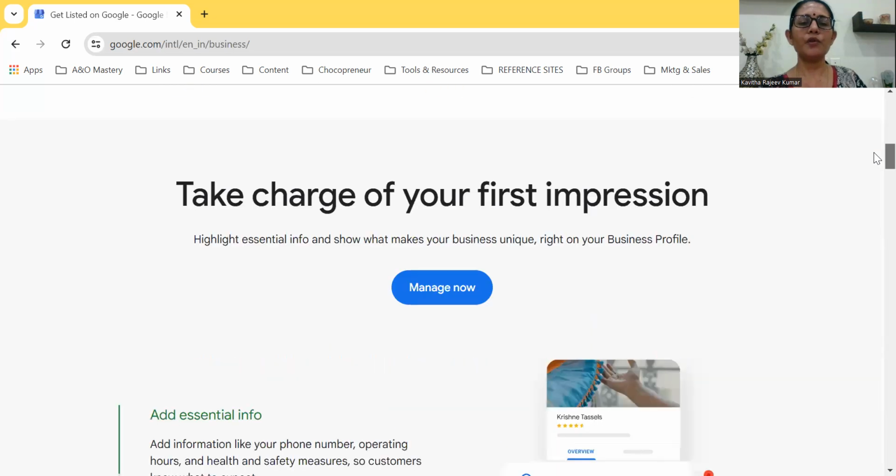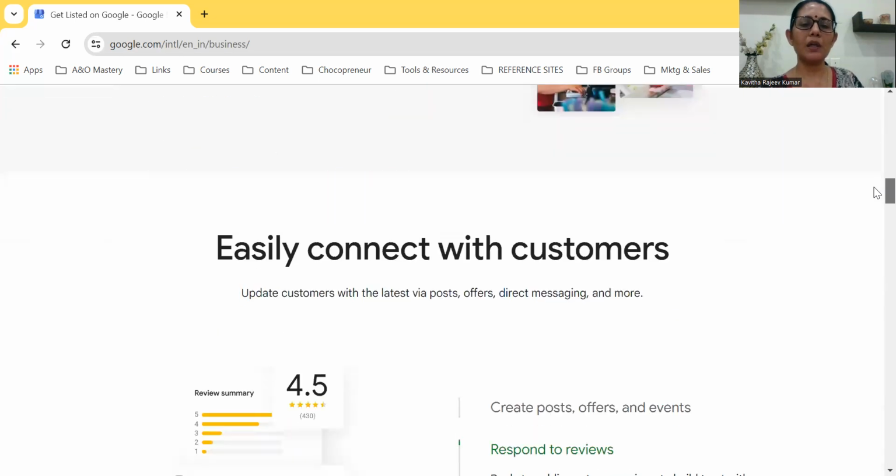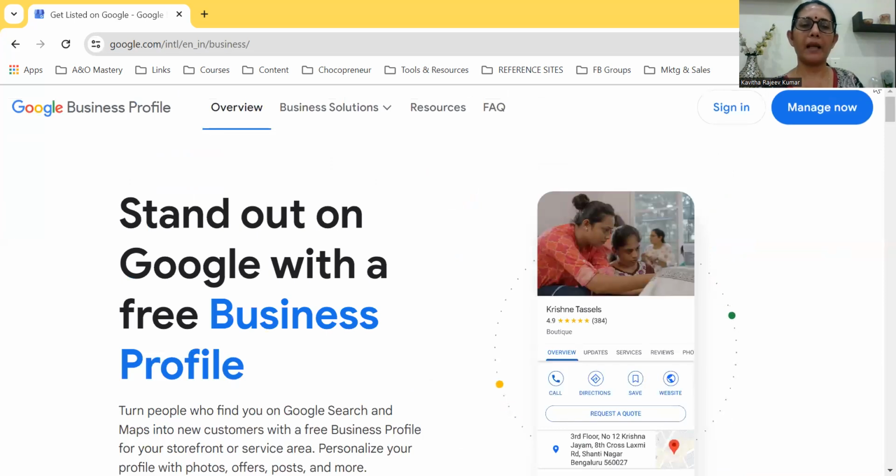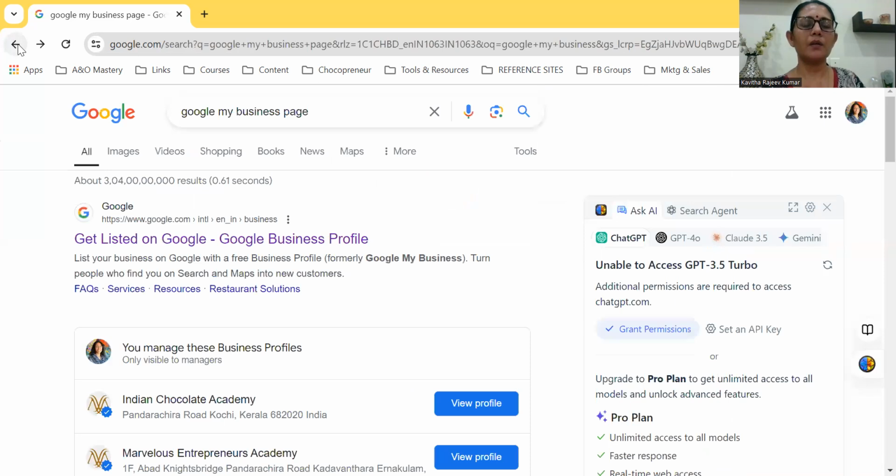So first and foremost, you should have a Google account. A Google account is essential. And earlier it was known as Google My Business. Now it is known as Google Business Profile. But anyway,